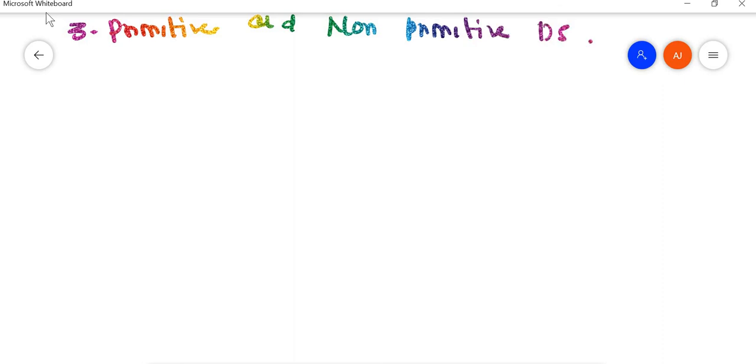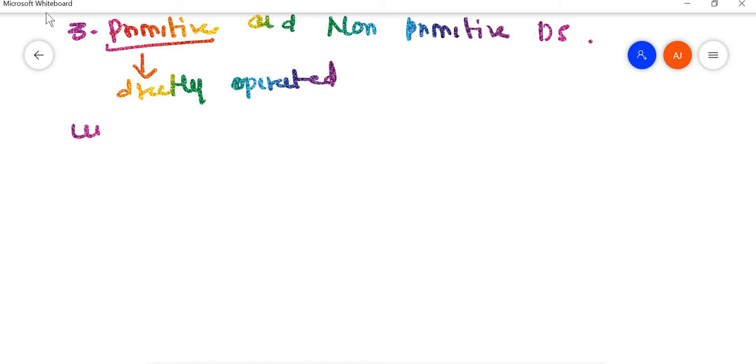So third one, it can be divided on the basis of primitive and non-primitive data structure. Fine. So what is primitive? This type of data structure is directly operated upon by machine instructions.